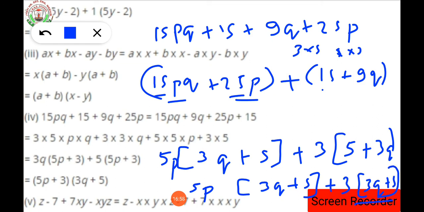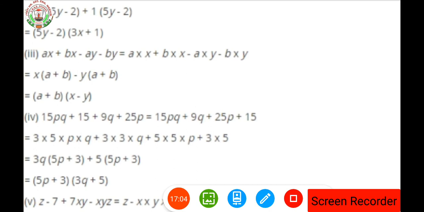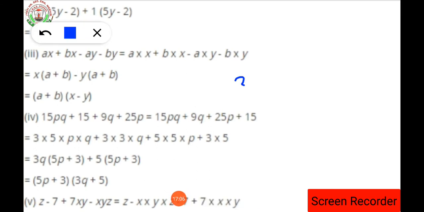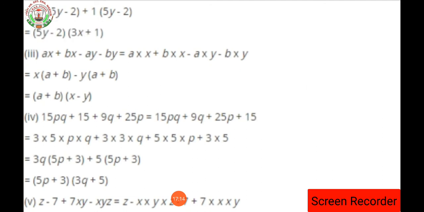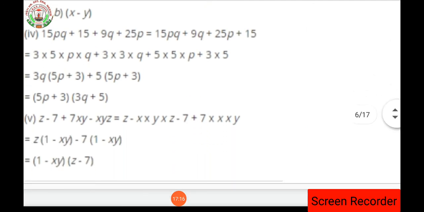Okay, now look, 3q plus 5 and 3q plus 5 is common in both. So if we take it common, what is the number left out? 3q plus 5 is present in both the terms. So the number left out is 5p plus 3. So this is the answer for that question. So dear students, in this way this